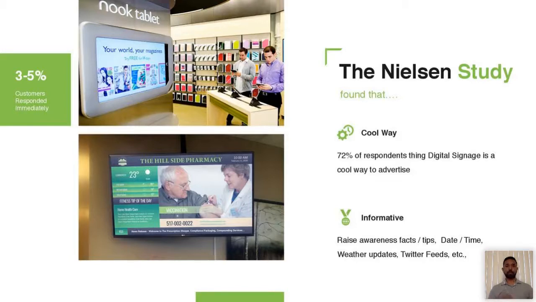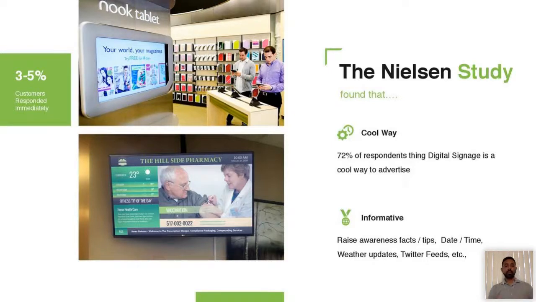We can raise awareness. As you can see in the second picture, it's displayed in a hospital. It's displaying health facts and tips, and also the date and weather updates. You can also add Twitter feeds and real-time news running across the screens.